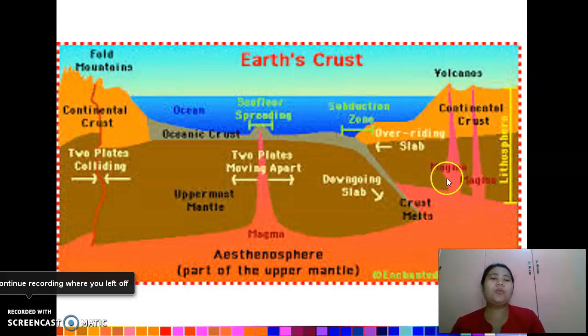Thus, it will go up again, leading to a formation of volcanoes. Volcanoes in here. Sometimes it leads to mountains. As you can see on this figure, you have folded mountains. Again, remember our discussion on mountain ranges. Folded mountains are actually steep-sided mountains. Next,